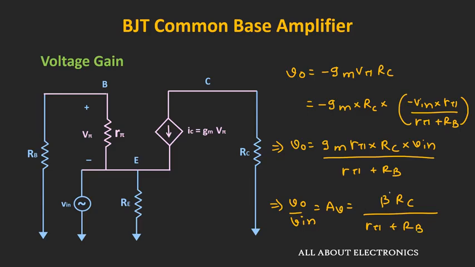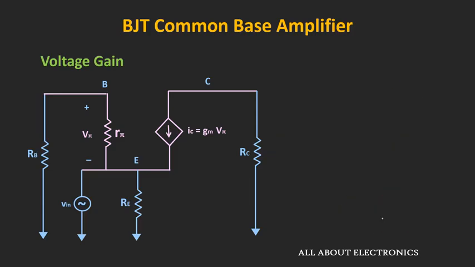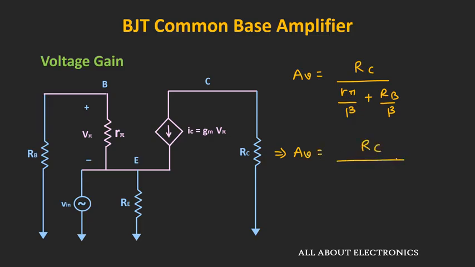And if we divide the entire expression by beta, then we can say that this voltage gain is equal to RC divided by R pi divided by beta plus RB divided by beta. And this R pi divided by beta is equal to 1 over Gm. That means this voltage gain is equal to RC divided by 1 over Gm plus RB divided by beta. But if this base resistor RB is 0, in that case this voltage gain is equal to RC divided by